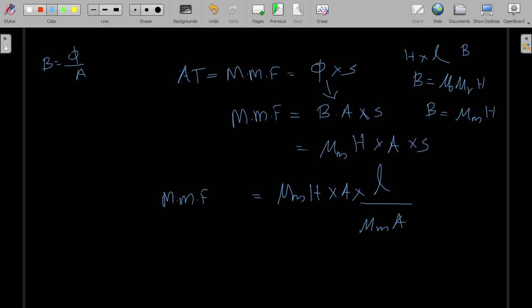So mu m got cancelled, A got cancelled, and finally we have mmf, magnetomotive force drop, equal to H into L. That means if we know the magnetic field intensity,